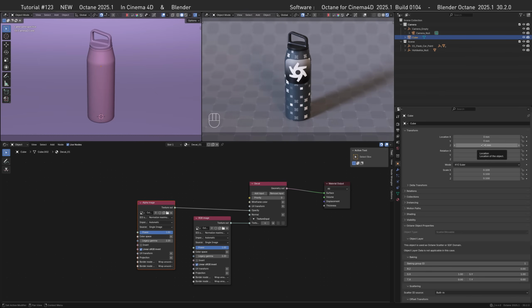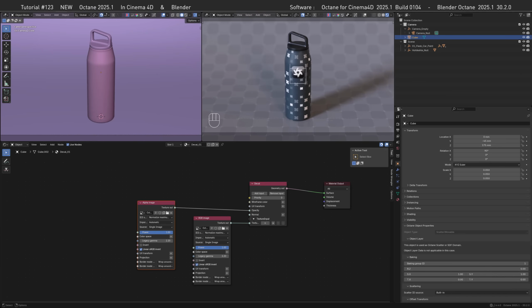Before we move on to more scaling, since this is not an object and therefore doesn't have a gizmo, we have a trick here. So in the rendered view, we have a gizmo. If we turn that back on, you can see now we have a gizmo for our decal. Like in Cinema 4D, let's halve the size again, so 0.05. Now it's gone again because it's inside of the bottle. It only appears when the bounding box intersects with the object, so what we need to do is go by -45 here. So we have an intersection with the bounding box of the front of the bottle, and therefore we